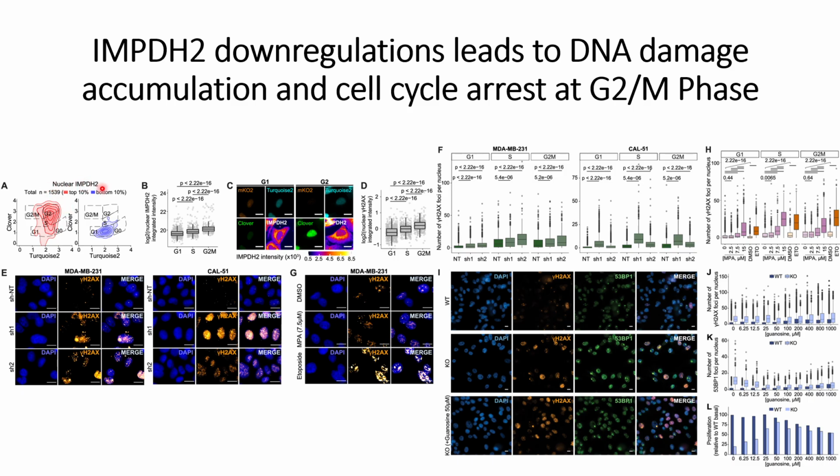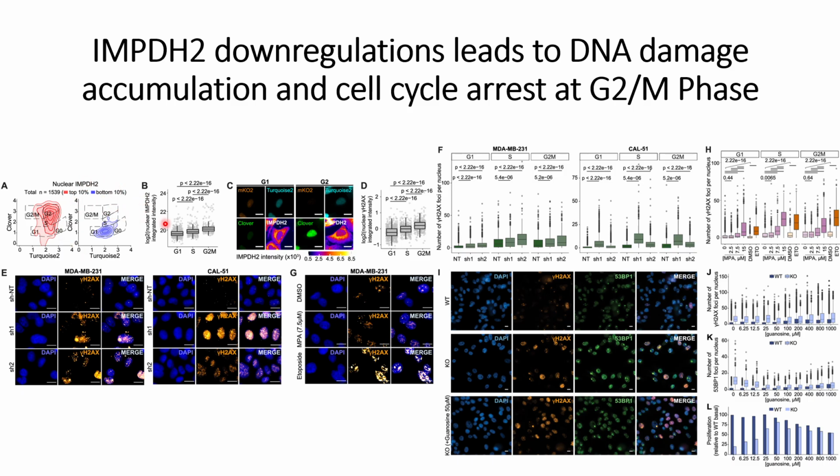this nuclear IMPDH2 deviates to some extent in the top 10 percentage of the cells that is seen in the left hand side of panel A, but in the bottom 10% they can see some of the accumulations is higher. Some of the accumulations are more in the G0 and G1 phase, but no cells were found in the G2 and M phase. Thereafter, they check the nuclear localizations in different cell systems and different stages of